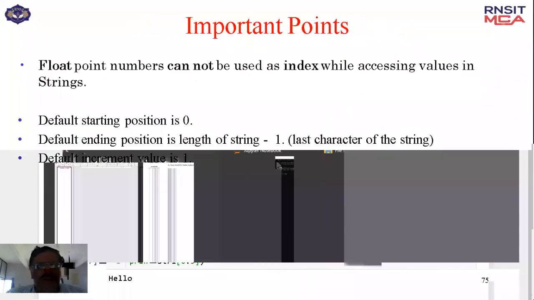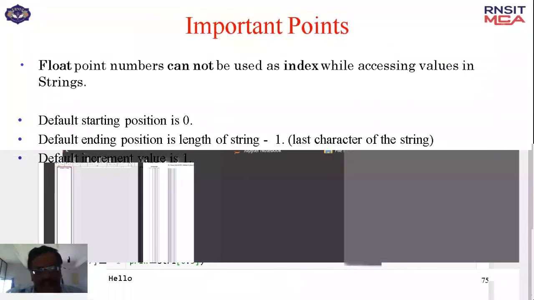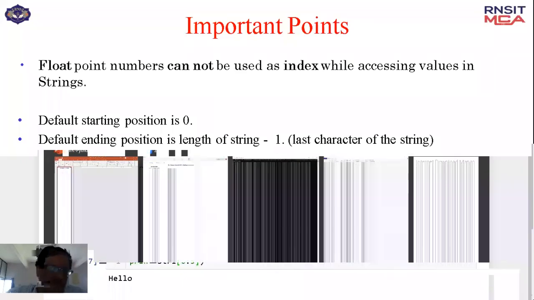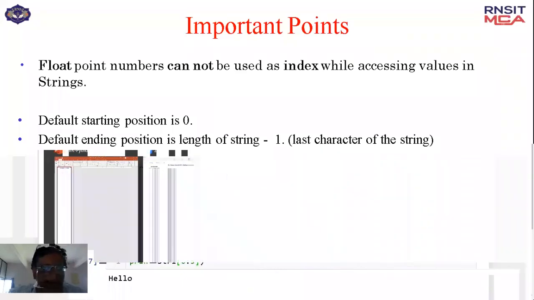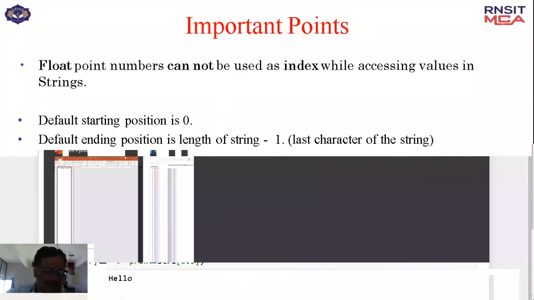So some important points you should always note. Floating numbers cannot be used as an index. That means 4.5 you cannot use as an index number. If you don't give, the default starting value is always treated as 0. That means